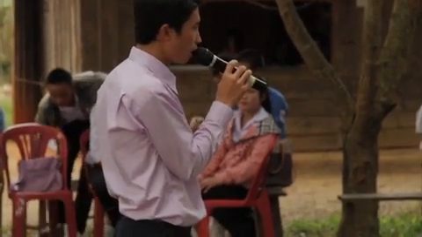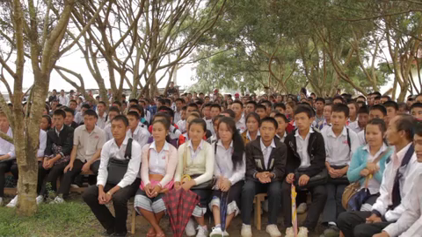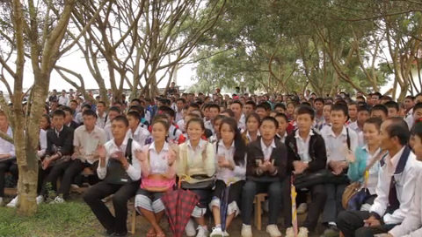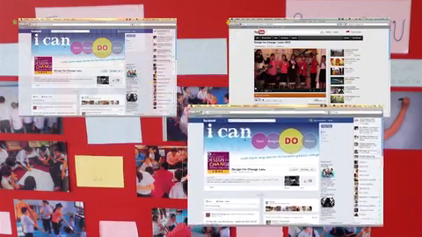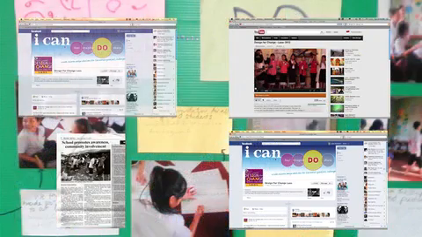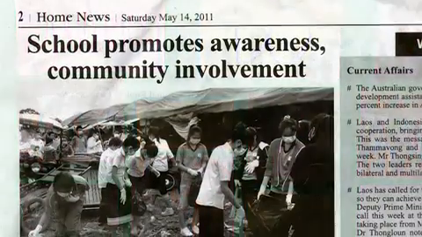The share stage allows children to showcase their work to other students, teachers, parents, and community members. Everyone can celebrate their stories of change and be inspired to take action themselves. This time is also for sharing the I can message and showing that children can be the agents of change